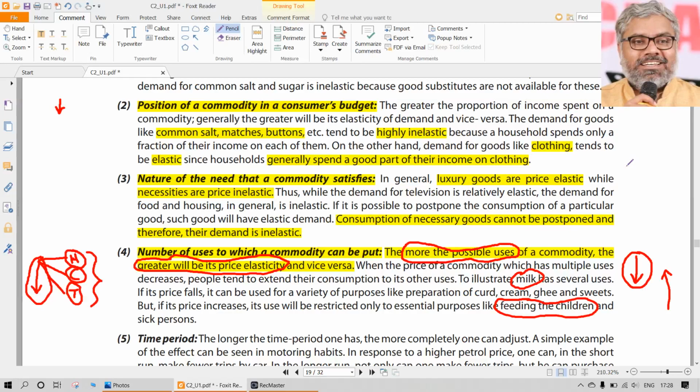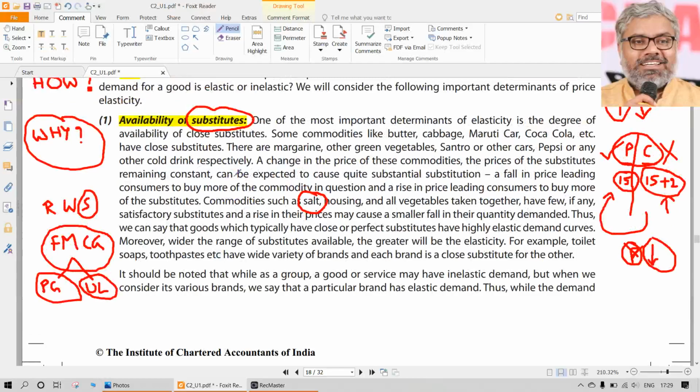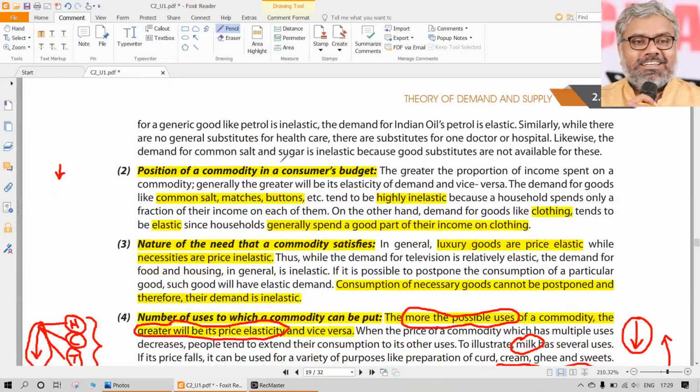So they always try to keep everything more or less the same. Why is that? All that because they are substitutes, very close substitutes. That is an example of that.